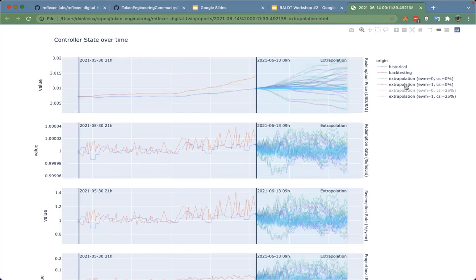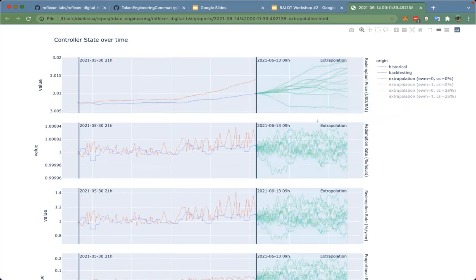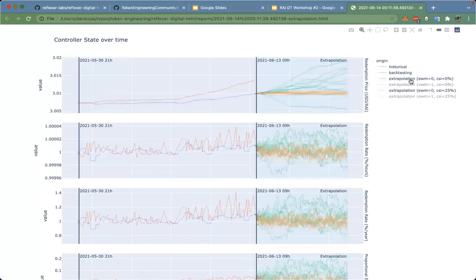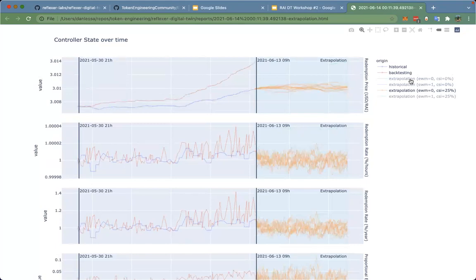This purple one is just like the green, but it takes into consideration the user past behavior. It's a bit complicated: on the green one, it tends to increase, but on the purple one, it tends to get steady. You have high variance, but the redemption price tends to stay the same.